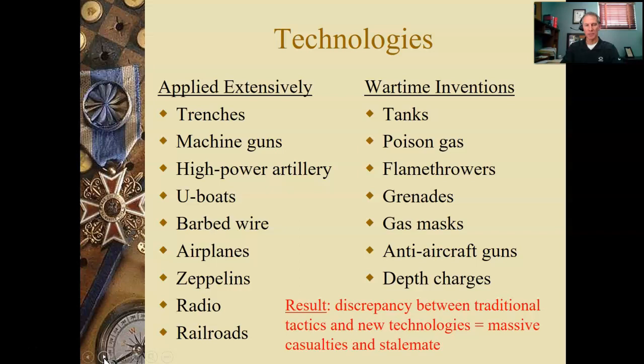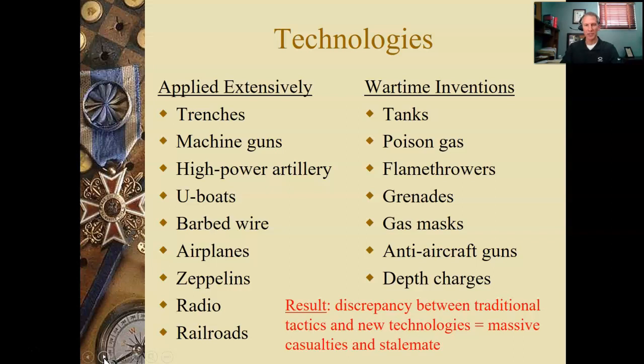So one of the features that's really noted about the Great War is the introduction of technologies. Those listed on the left-hand side were technologies that had been used prior in warfare, like trenches were used in the Crimean and American Civil War. Machine guns had been used to conquer Africa and Asia for imperialism, and obviously railroads had been used as well. But these were really used extensively for the first time in warfare and applied,